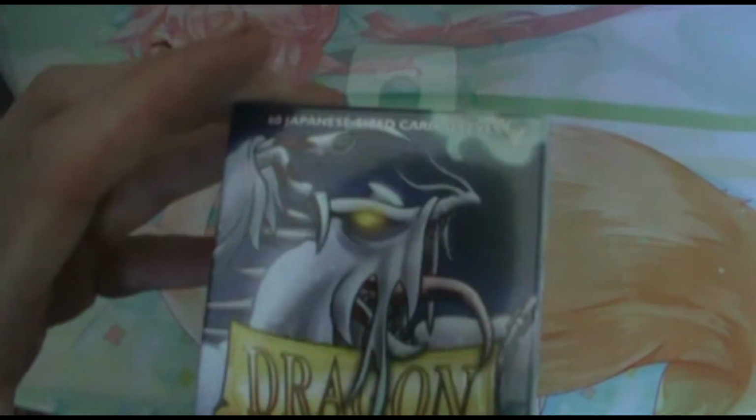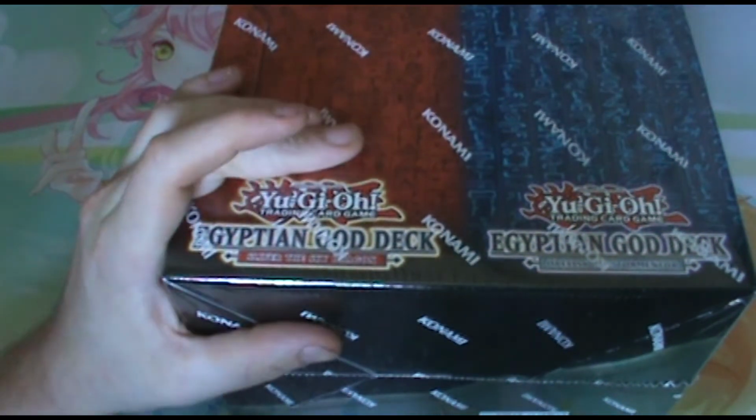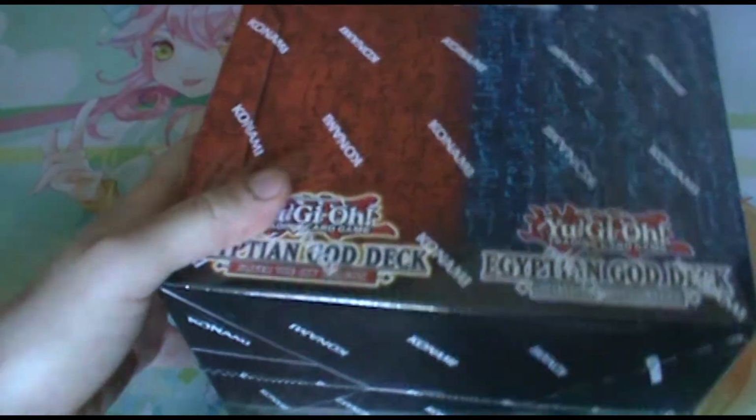Hello everybody, and welcome to my challenge mode. We got our white Dragon Mat sleeves, and this challenge mode is actually going to be done a little bit differently. Instead of just going with packs, no, we're actually going to go with the Egyptian God decks. I did manage to get my hands on 4 of them,